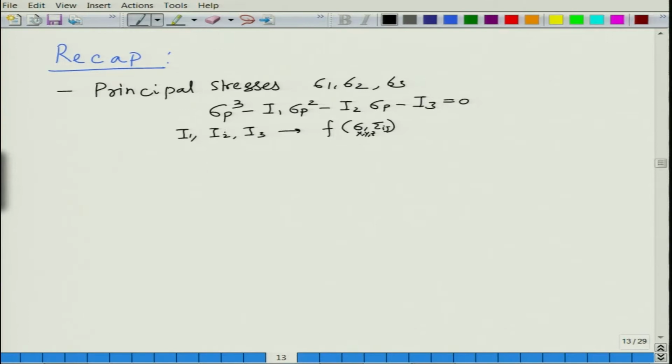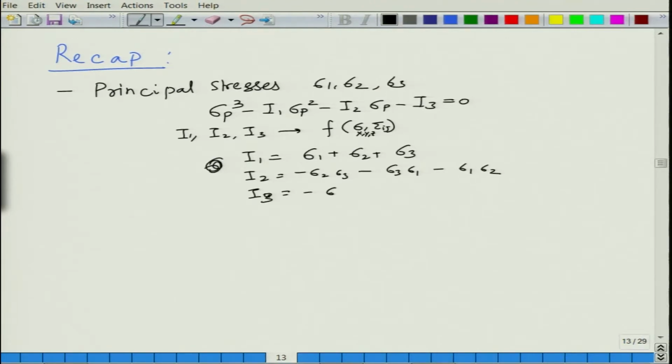These three values of sigma p are nothing but the magnitudes of sigma 1, sigma 2 and sigma 3, and I1, I2 and I3 are also related to these values. So, I1 is equal to sigma 1 plus sigma 2 plus sigma 3. You can cross check that I1 was also equal to sigma x plus sigma y plus sigma z. So, all these three values should match. I2 was equal to minus of sigma 2 sigma 3, minus of sigma 3 sigma 1, minus of sigma 1 sigma 2, and I3 was equal to